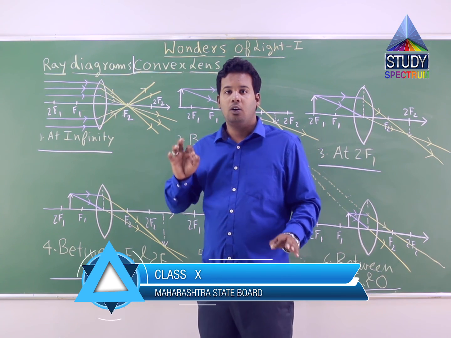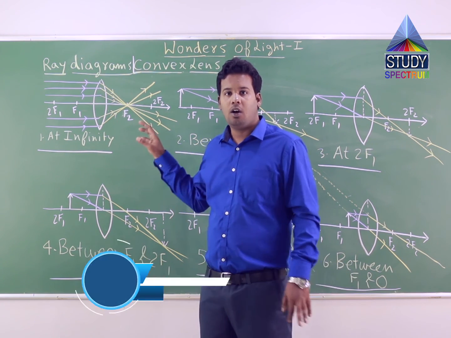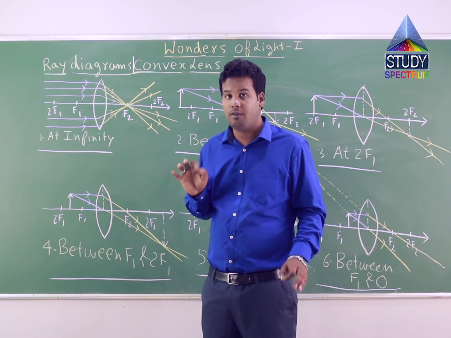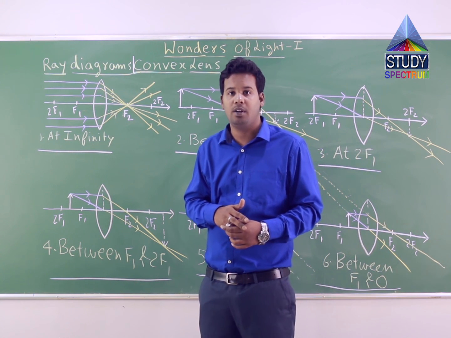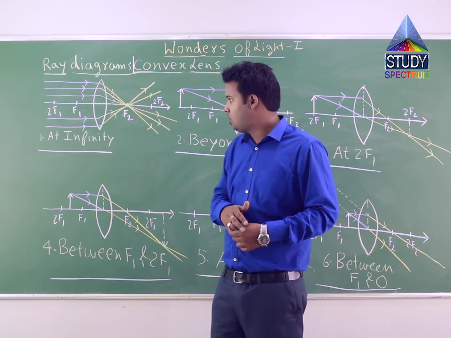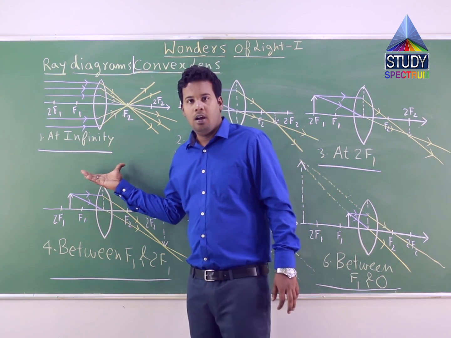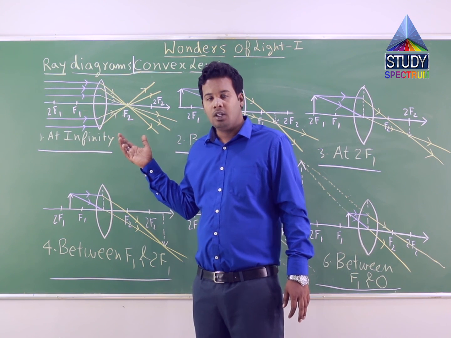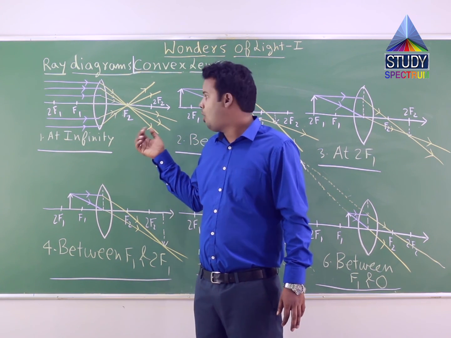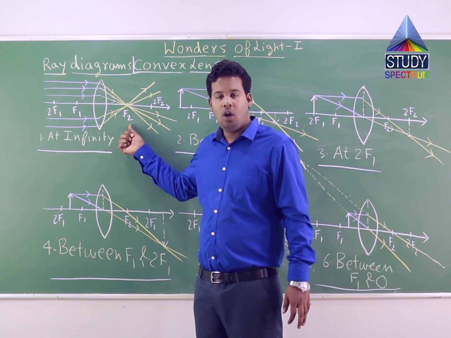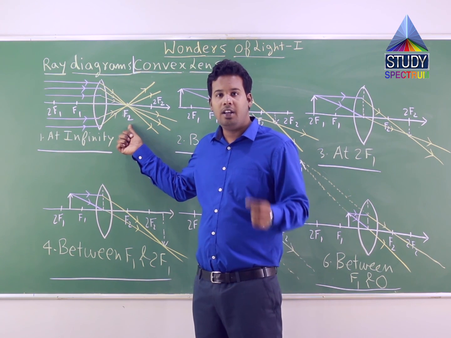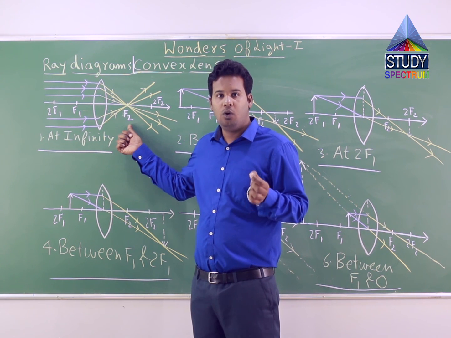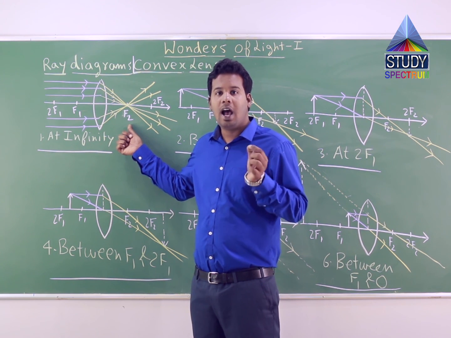We are going to study refraction, or bending of light, in these cases, not reflection which we have seen in the case of concave mirror or convex mirror. So starting with the very first case, we have seen if the object is placed at infinity, then the image is formed at focus point F2, and that image is highly diminished, or point size, and also that image is real and inverted.